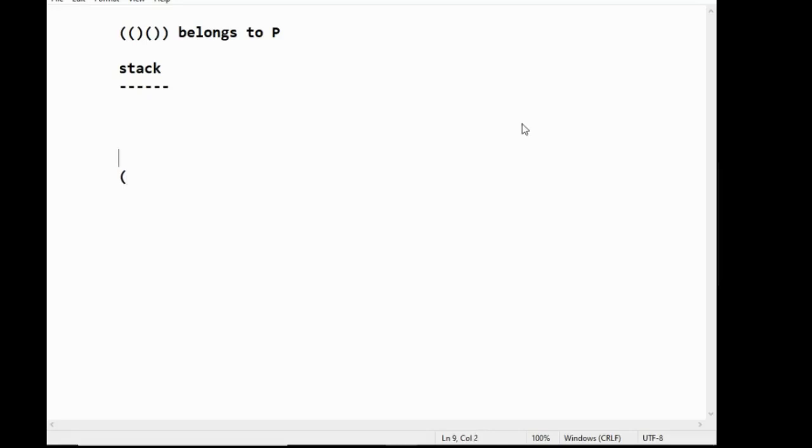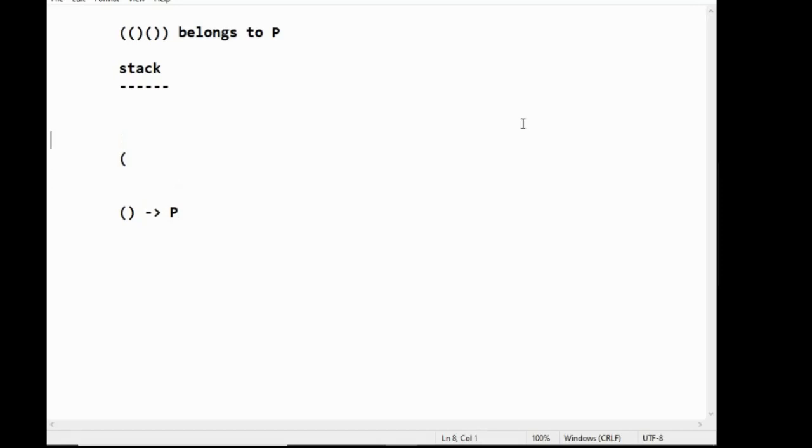Next is also a bracket open, and next is a bracket close. Whenever the bracket close appears, pop the elements. You are supposed to pop two elements from the stack. If you remove the two elements from the stack, you get the bracket open and close that belongs to the balanced parenthesis set.